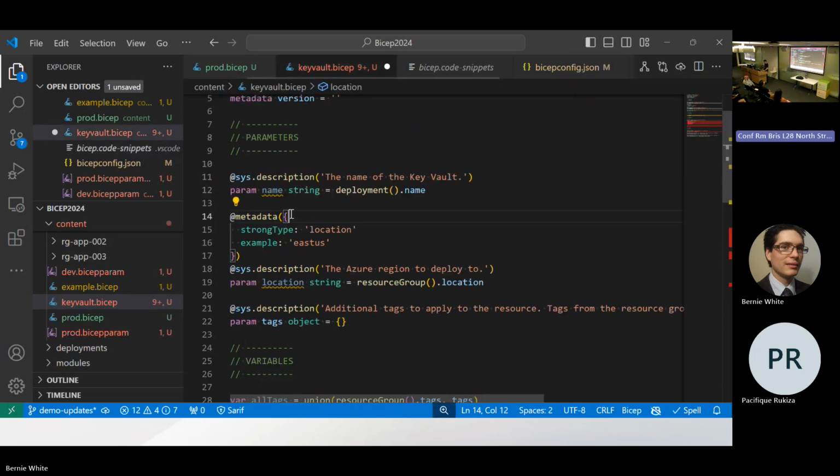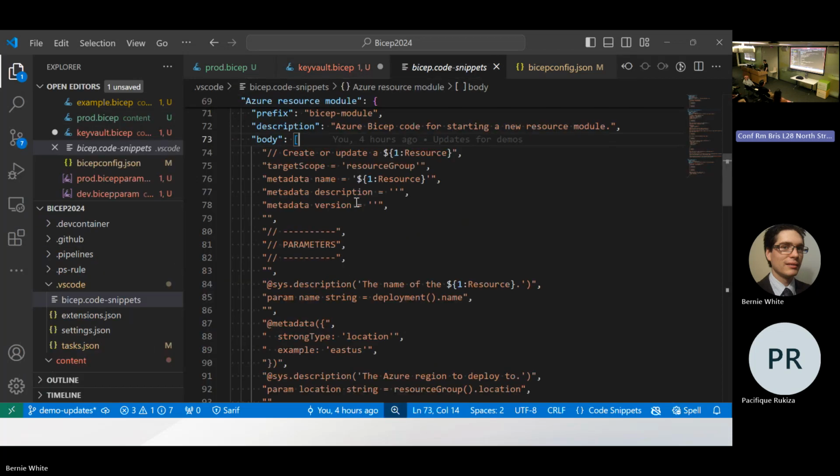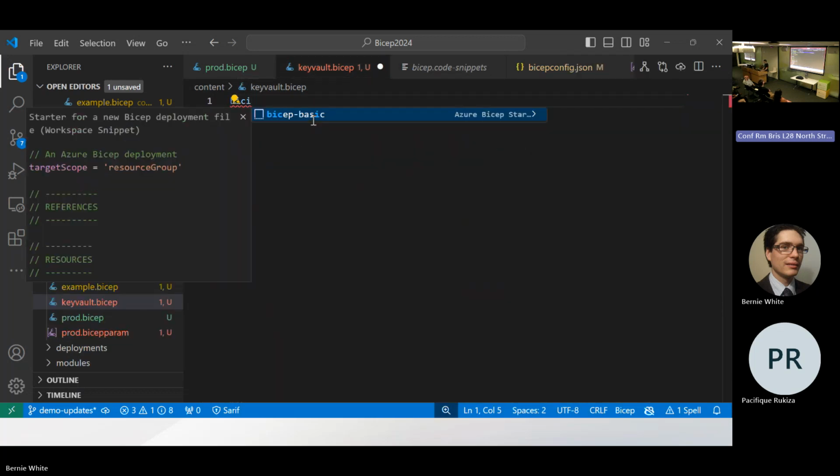And then this appears when you hover over Bicep, and it will show you what that is, right? So that's nice, not really required, but nice to have. You can also add these placeholder values here, and you'll notice when I typed Bicep